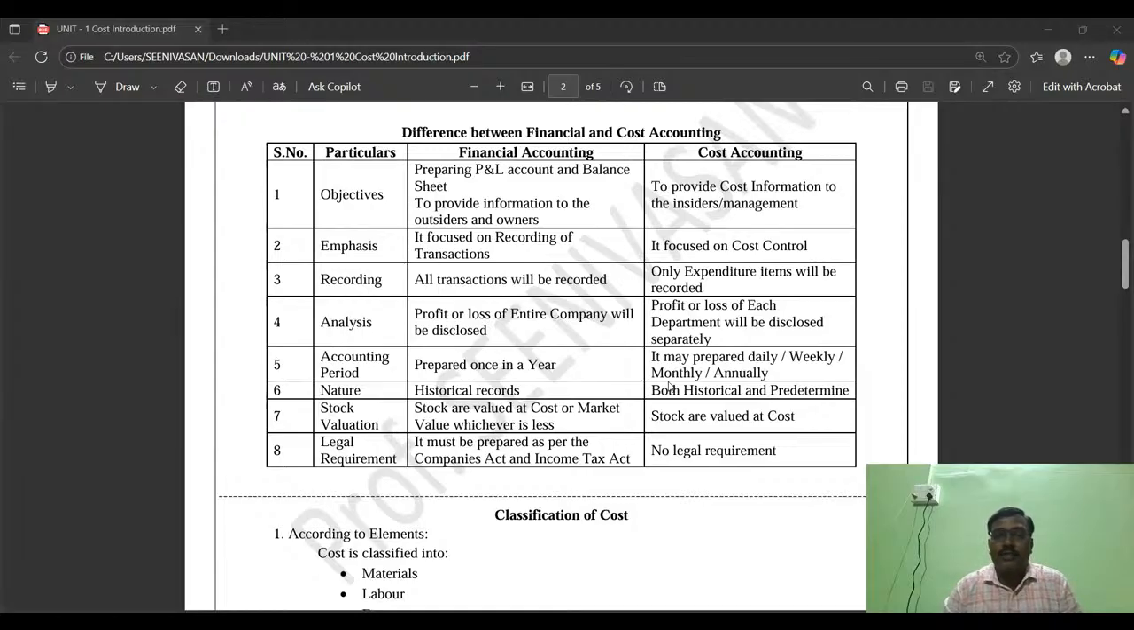Then, the second difference is that financial accounting is focused on recording of all transactions. We just record in financial accounting. Whereas in cost accounting, we record the cost elements, cost aspects, in order to control the expenses, in order to minimize the expenses, in order to take decisions on the expenses. So the main focus or emphasis of cost accounting is to control